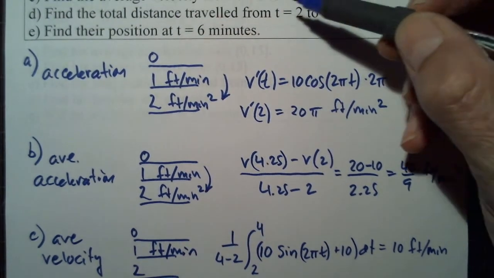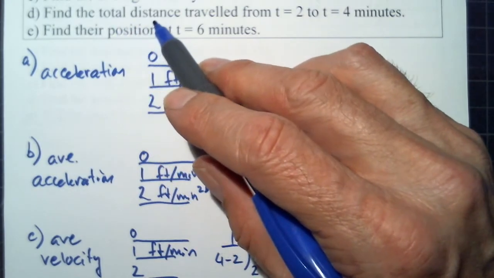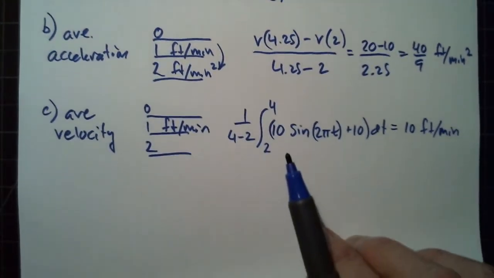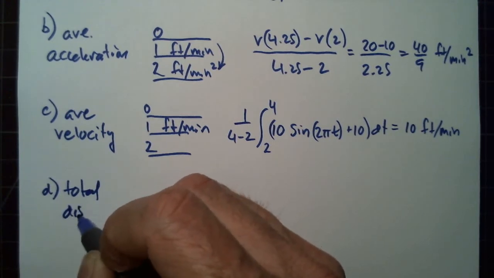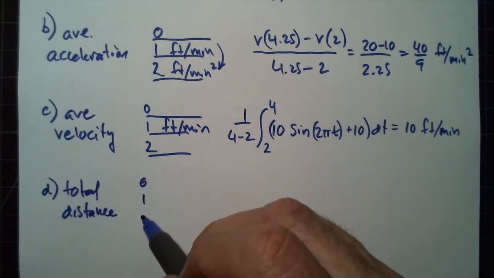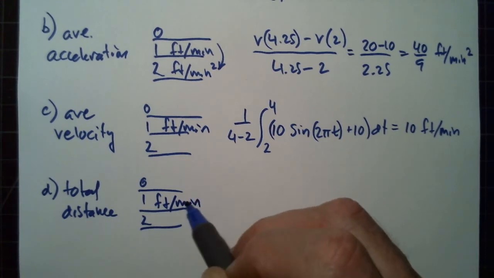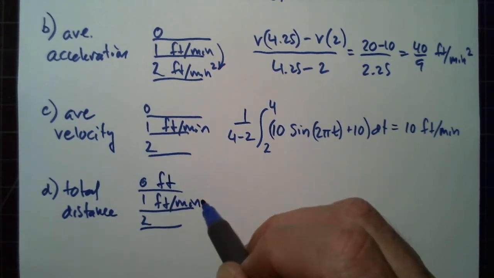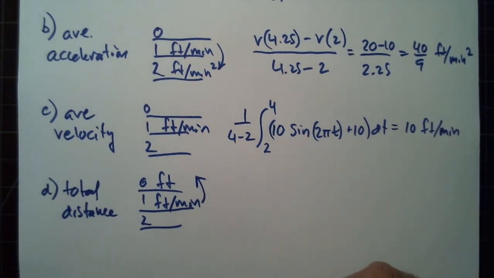Okay, part D. Find the total distance traveled. So now the keywords are total distance. We're starting at velocity, feet per minute. We're trying to find distance, so that would be feet. We're moving up a level. To move up a level, we need to integrate. And total distance, just in case